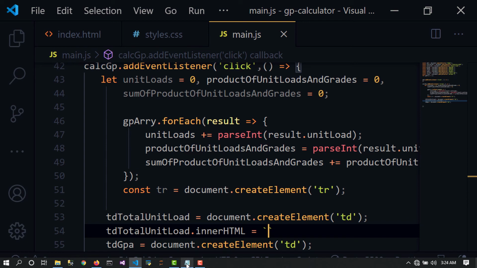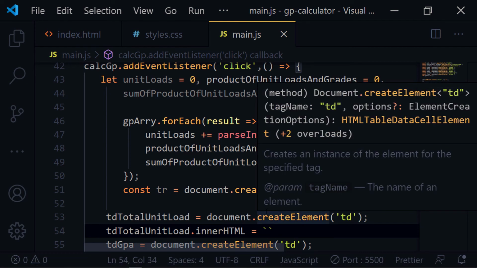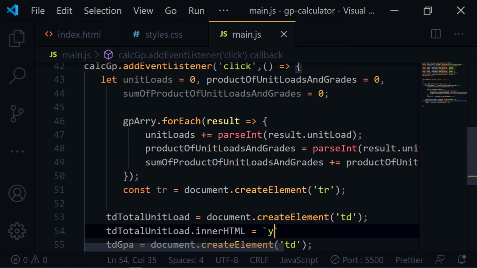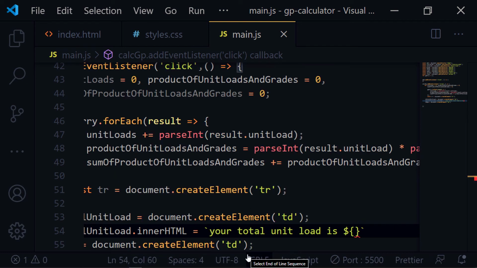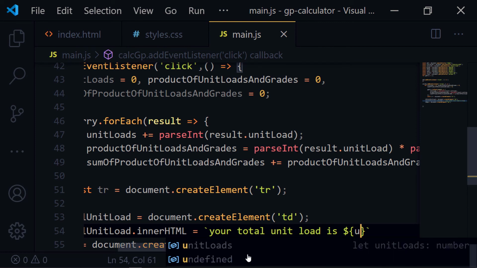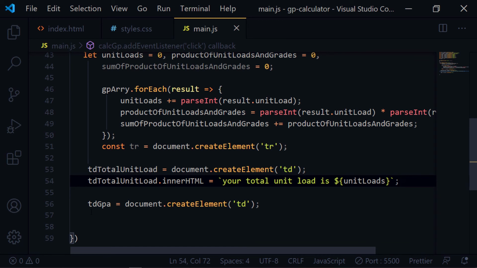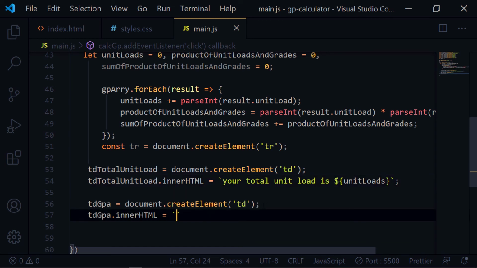A backtick is located below your escape key. It was introduced in ES6. So in this we say your total unit load, a dollar symbol, then curly braces. Inside these curly braces we can write JavaScript. Then inside these curly braces we want to print the unitLoads. In the GPA column we want to print the GP. Your GPA is,